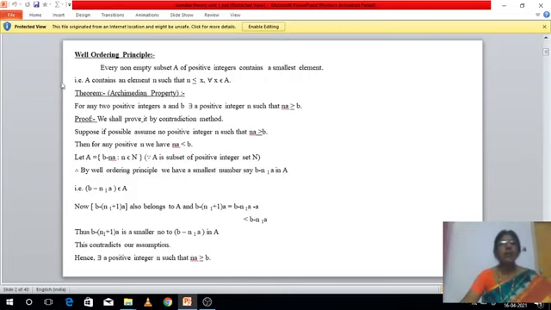Now we see the definition of the well ordering principle. Our syllabus starts with this topic. The well ordering principle states that every non-empty subset A of positive integers contains a smallest element. It means if A is a subset of the positive integers N, then A has a smallest element. Symbolically it can be written as: A contains an element n